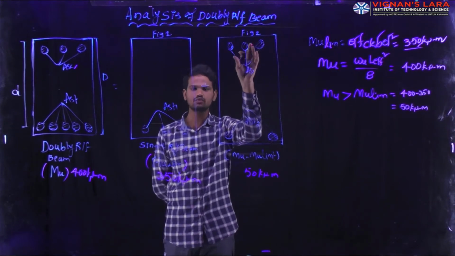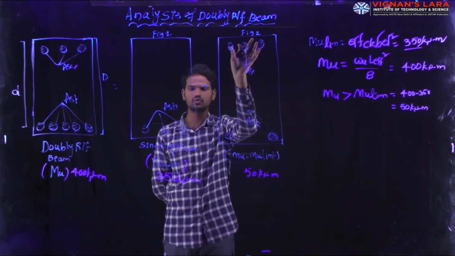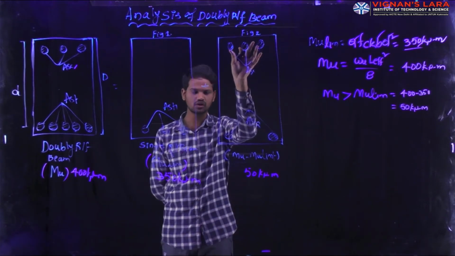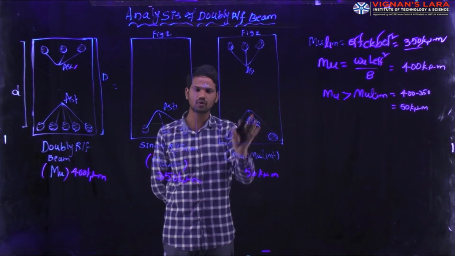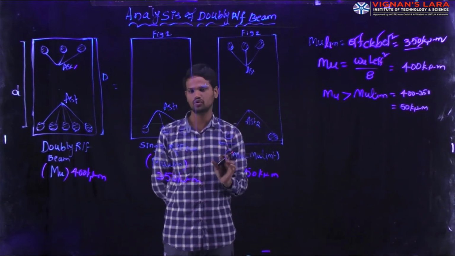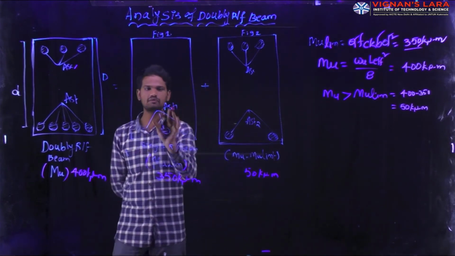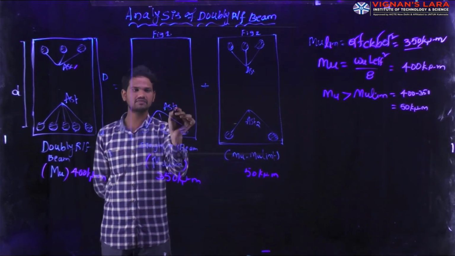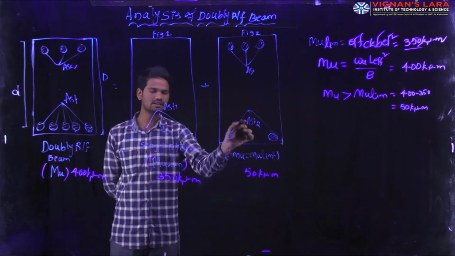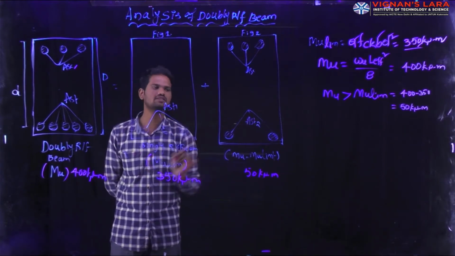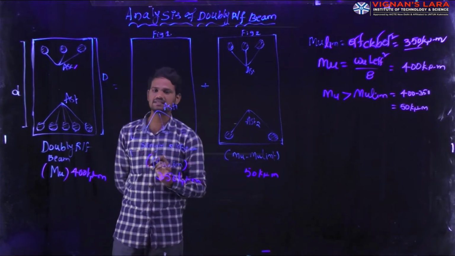The steel bars we are providing in the top portion, we are naming as area of the steel reinforcement in compression zone, whereas the steel bars we are providing in the bottom zone, we are calling the area of the steel reinforcement. In a singly reinforced beam, we are naming it as area of steel 1, and in the doubly reinforced beam, for the additional section, we are naming this provision of area of the steel reinforcement as Ast2.